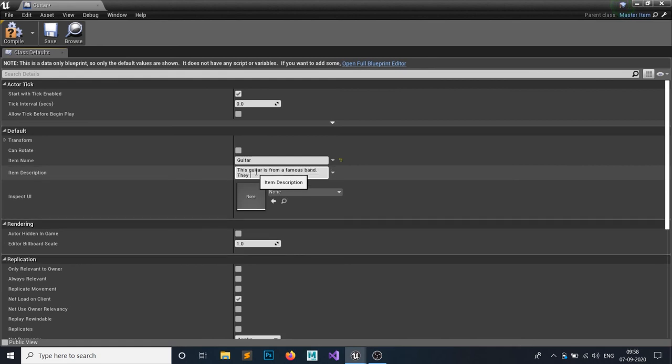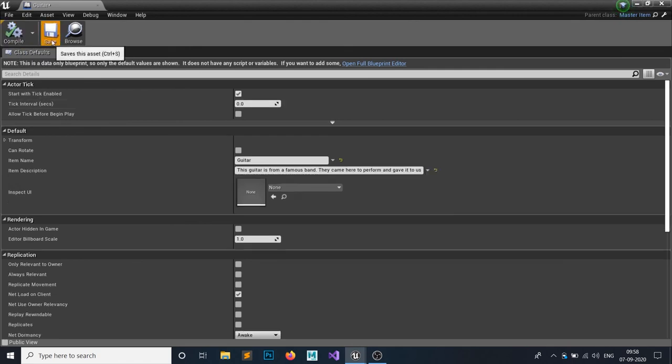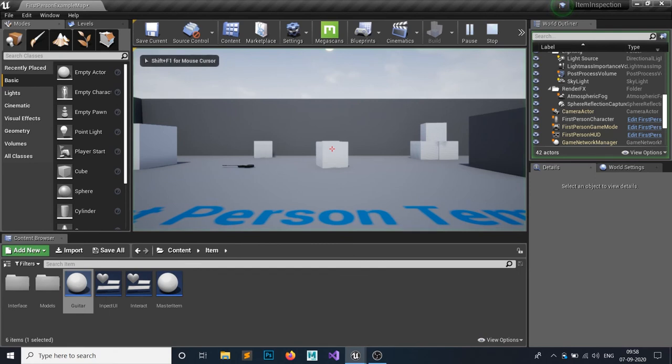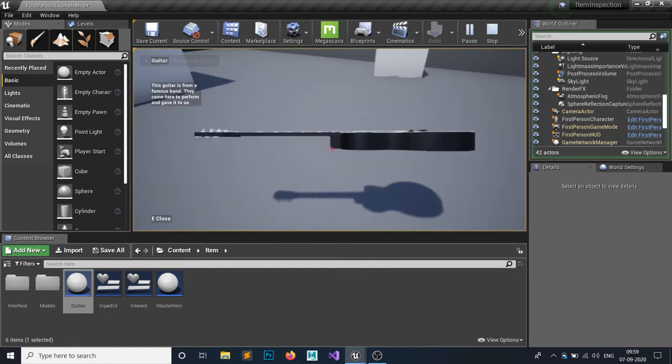They came here to perform and gave it to us. You can set it to anything you want. I am just doing this for testing purposes. So just hit play. If we go in here and press E, you can see we have this whole node. This looks a bit cringy.